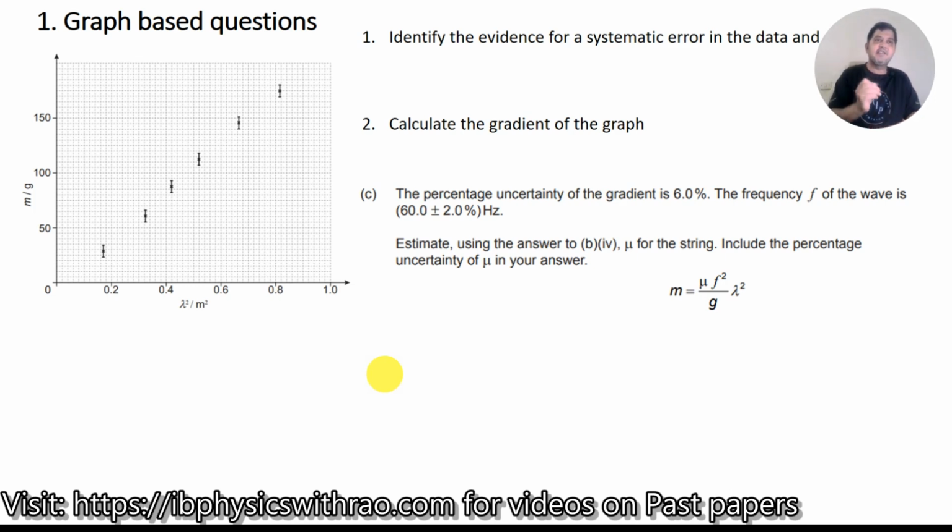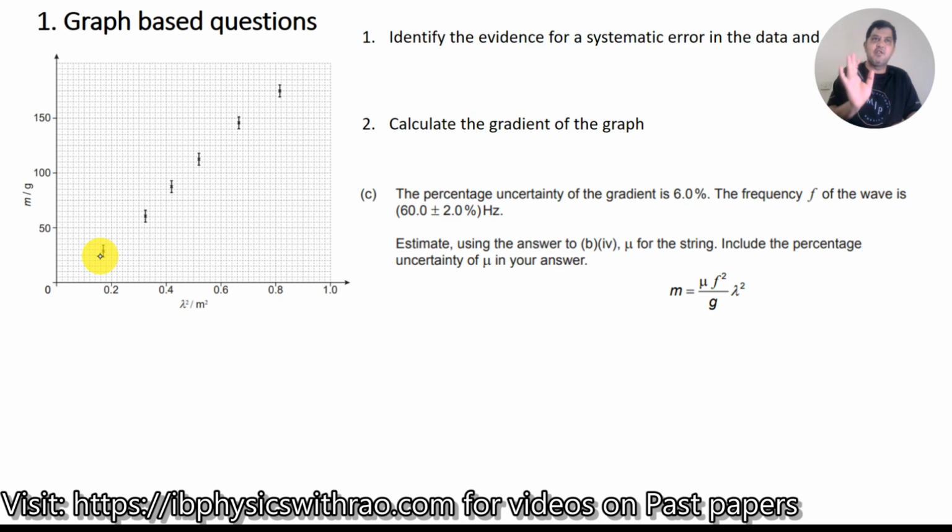Now, how do I understand systematic error? Let us look at this. There's some graph given over here. This is m equals mu f square by g into lambda square, where m is the mass in grams and lambda is some wavelength. Now, you ask a simple question: if I put lambda equal to 0, what will happen to m? If lambda is 0, m equal to 0, that should happen, right? Now, if I extrapolate,